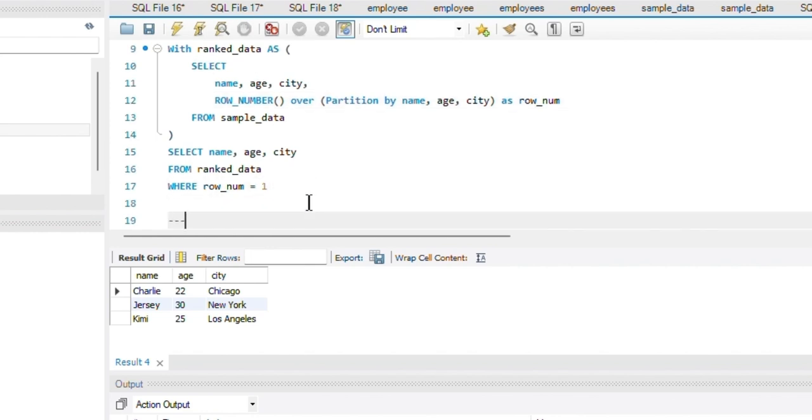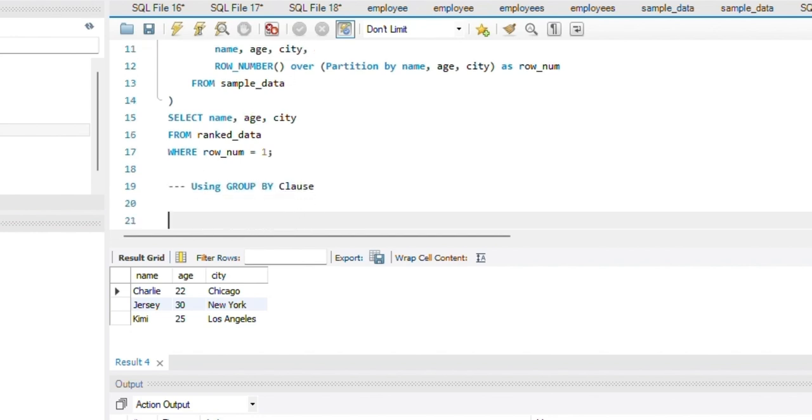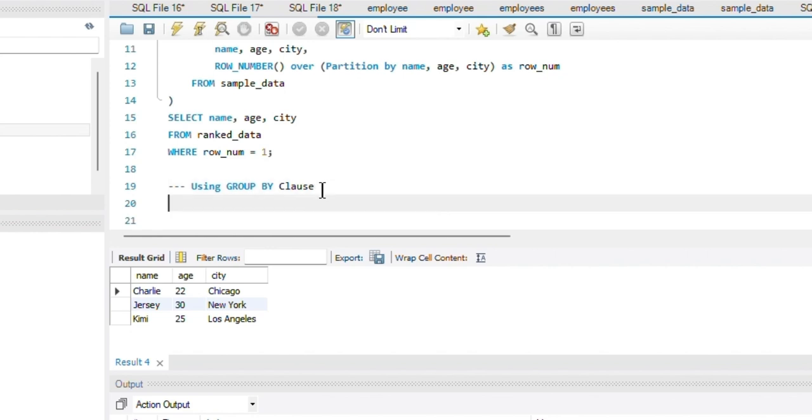So my next method was using GROUP BY. Sorry, I'll just end this query with a semicolon to write my next query. My third method was using the GROUP BY clause. In this method, I'll simply group the rows based on the unique combinations of name, age, and city, and then I can quickly retrieve the columns. This is again very easy.